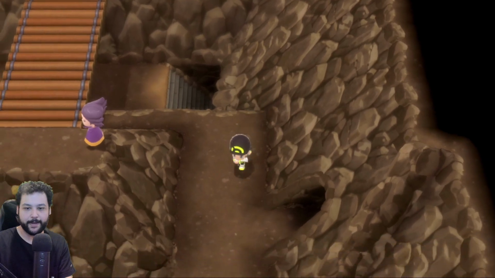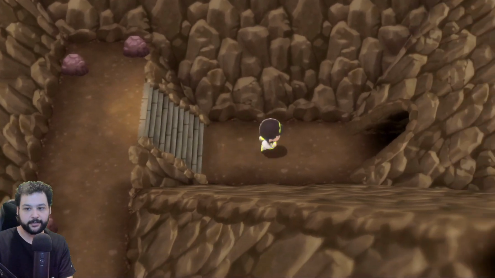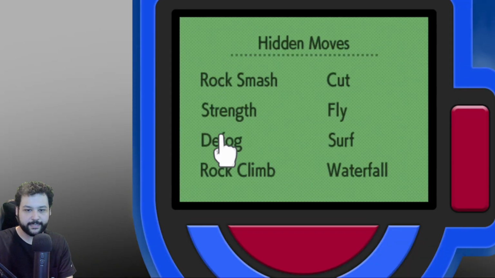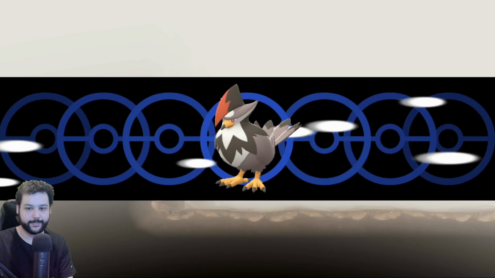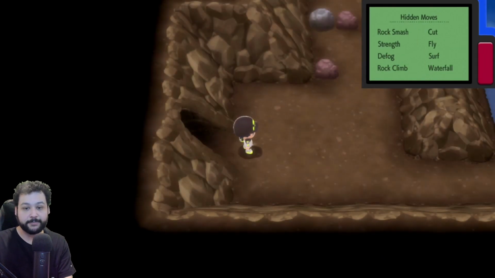And yes, you want to keep popping max repels. You do not want a wild encounter that could break the glitch. So in this room down here, I'm gonna keep on going, and we notice that we cannot see anything. So we need to use defog, which you can get from the Safari Zone in Pastoria City. So once you have used defog, which is very crucial because you need to see where you're going in this